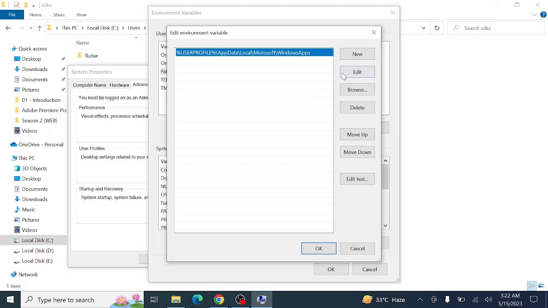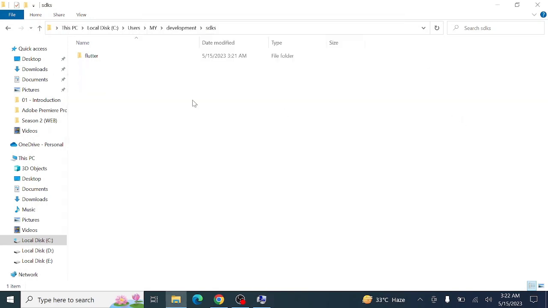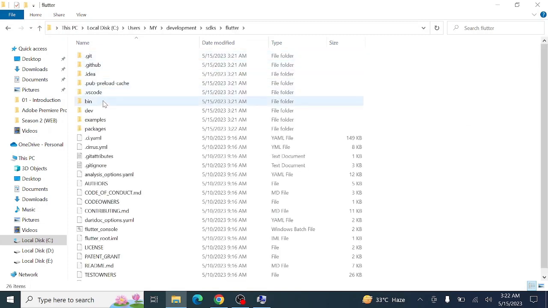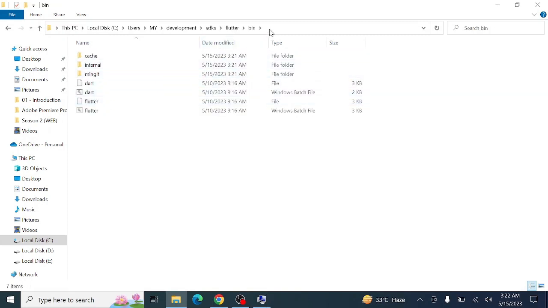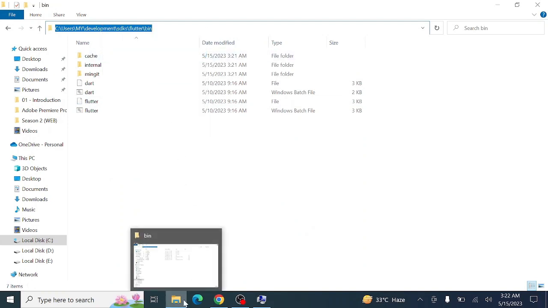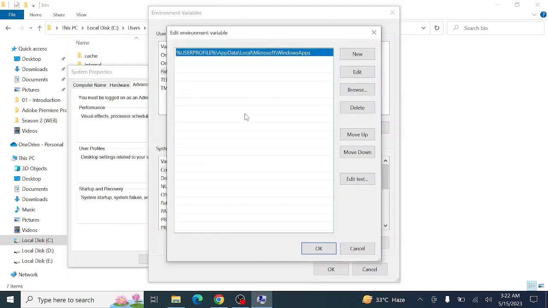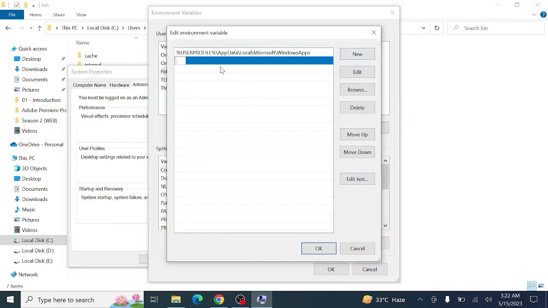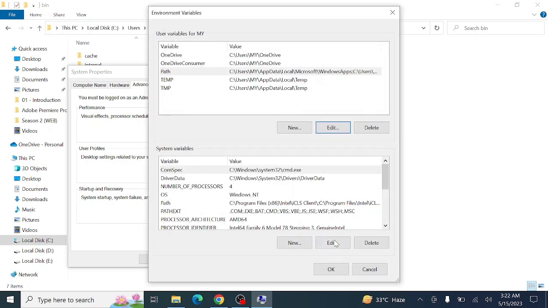And here what you want to do is add an entry that points at this Flutter folder, which we moved into a global destination on our system. So for this, back in the SDKs folder, I'll go into that Flutter folder, and there into the bin folder. And then I click in here to grab this path to the bin folder, on my system, this entire path. That's what I need here. And in there, we have that Flutter and that Dart command. And these are the commands which we want to invoke from the command line later. And therefore we need to add the path to these tools to our Path environment variable. So here, where I'm editing this Path environment variable,